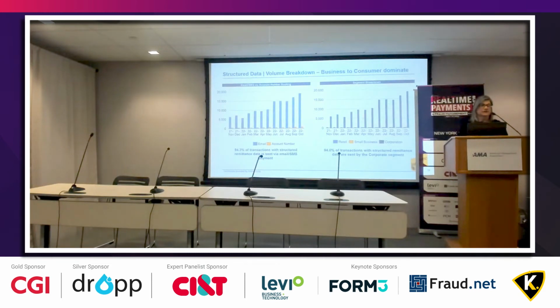Some of the other interesting, I found this one actually very interesting because we assume, when you would have launched an account-based payment with ISO, that corporates would have used both the account-based and the ISO. Not so much. Turns out they're still sending to consumers predominantly because they're using the Alias database. So they're using an email address or an SMS number, showing that these are really business to consumer payments at the moment.